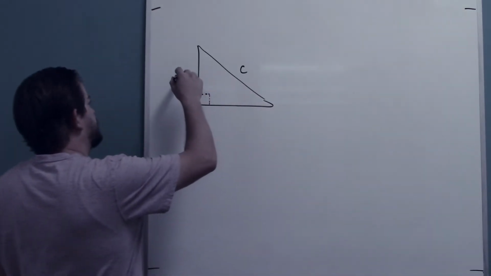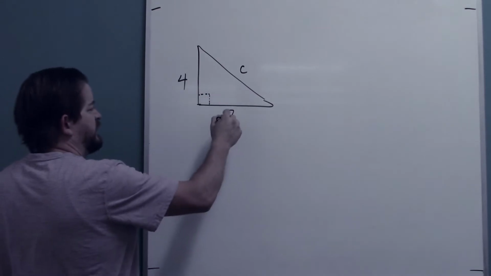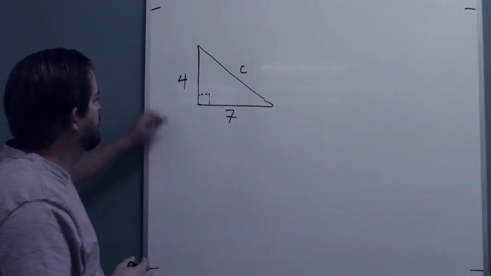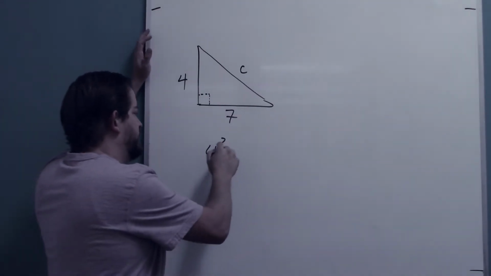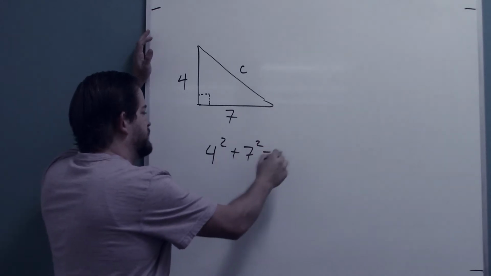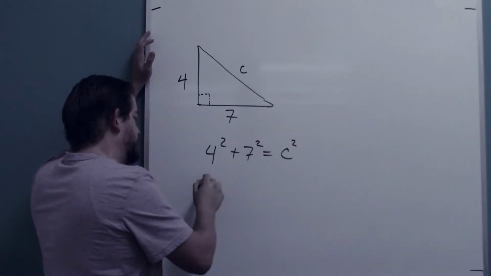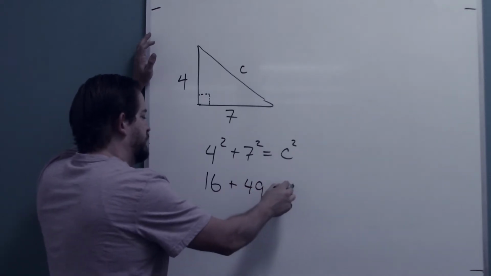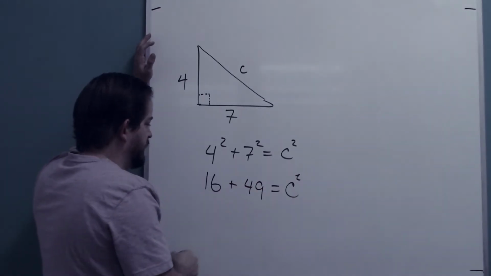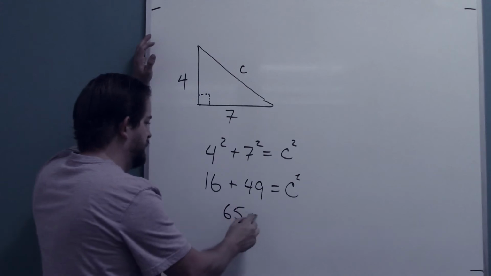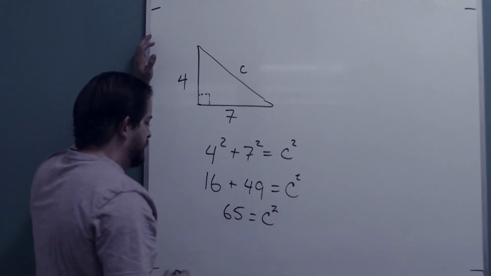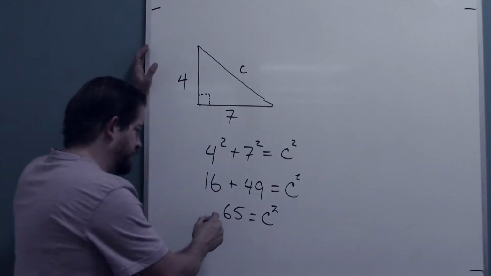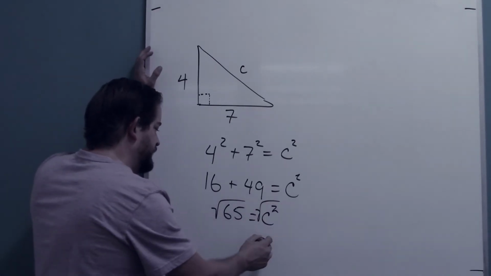Let's go, I don't know, 4 and 7 perhaps? So this again tells us that 4 squared plus 7 squared is equal to c squared. 4 squared is 16, 7 squared is 49. If I add these two together, I get 65. Right. And therefore, if I square root each side, then that tells me that c is whatever the square root